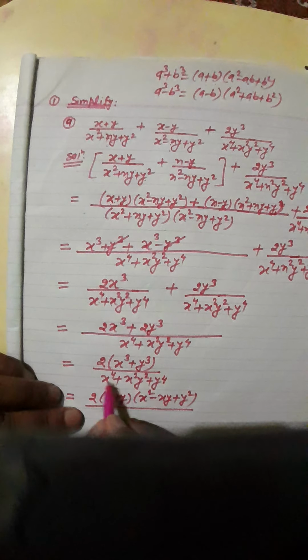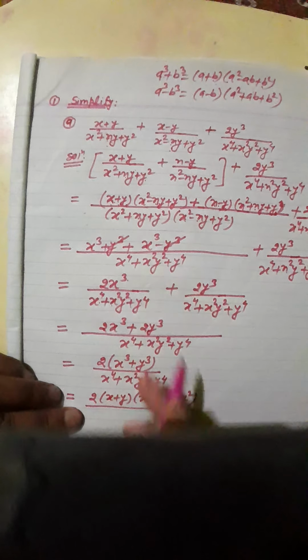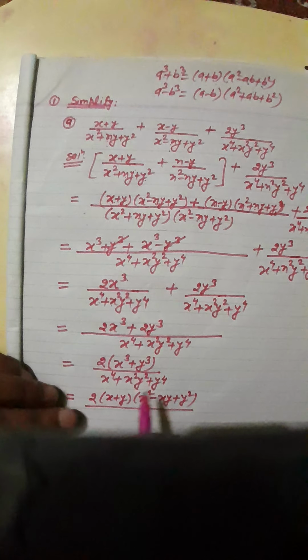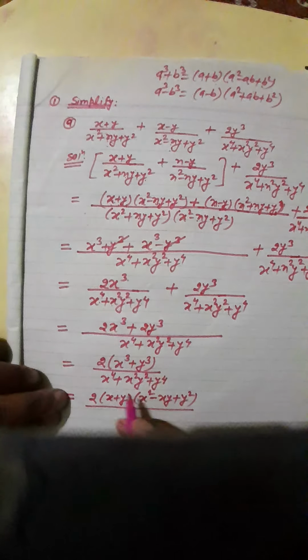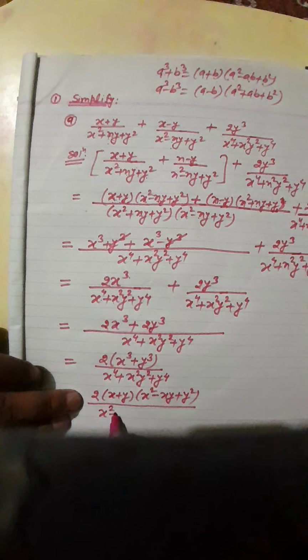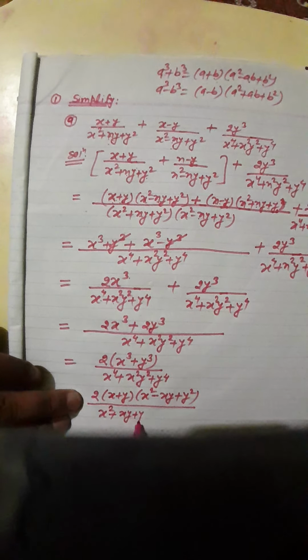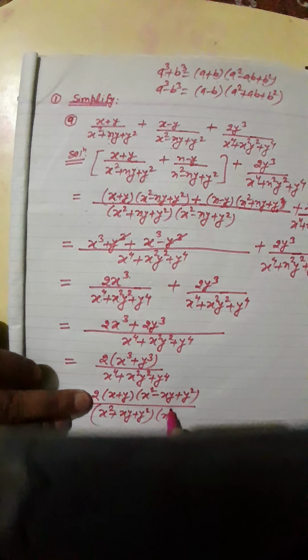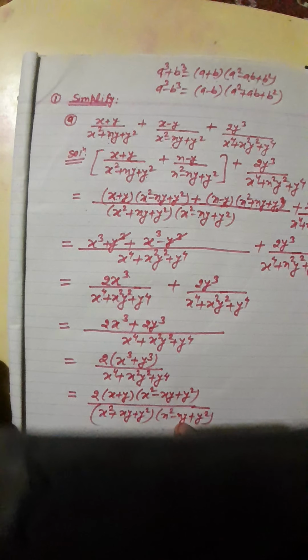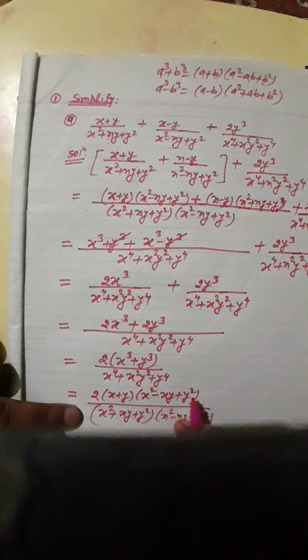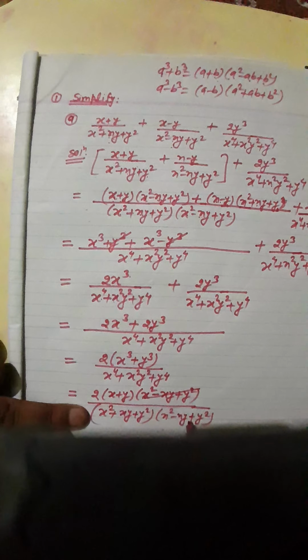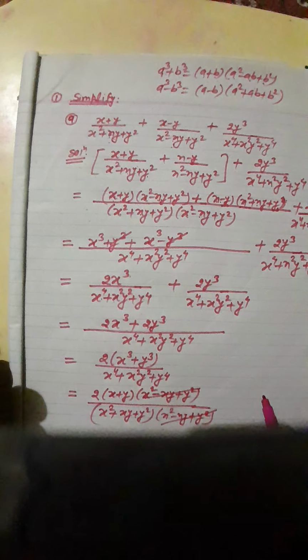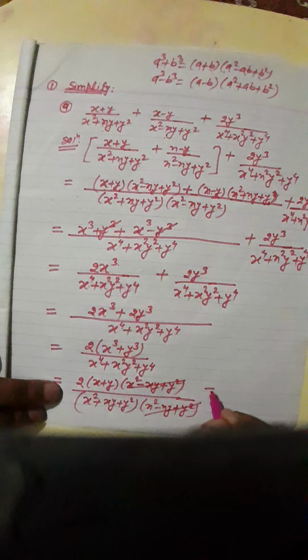And when we factorize this, we get these two factors, so in place of this you can directly write these two factors. So we write here one is x square plus xy plus y square, and the next is x square minus xy plus y square. After factorizing, we get these factors, so you know this very well. Now we can cancel it. This is a common factor in the numerator and the denominator, so we can cut the common factors. Now what remains is our answer.